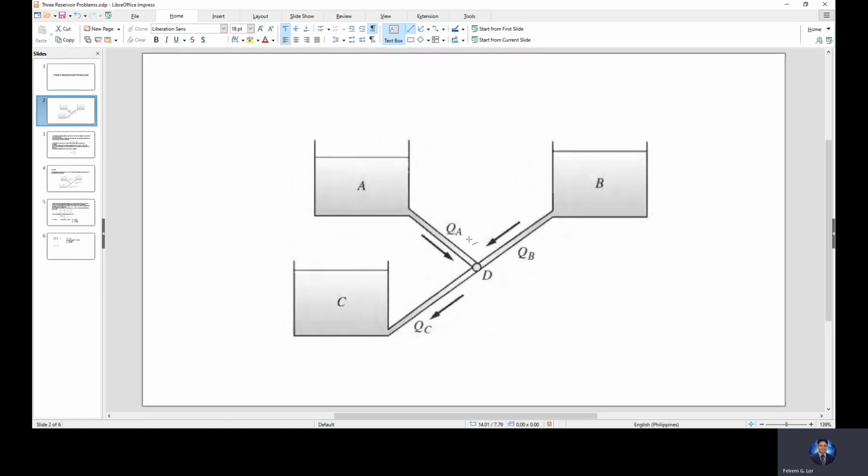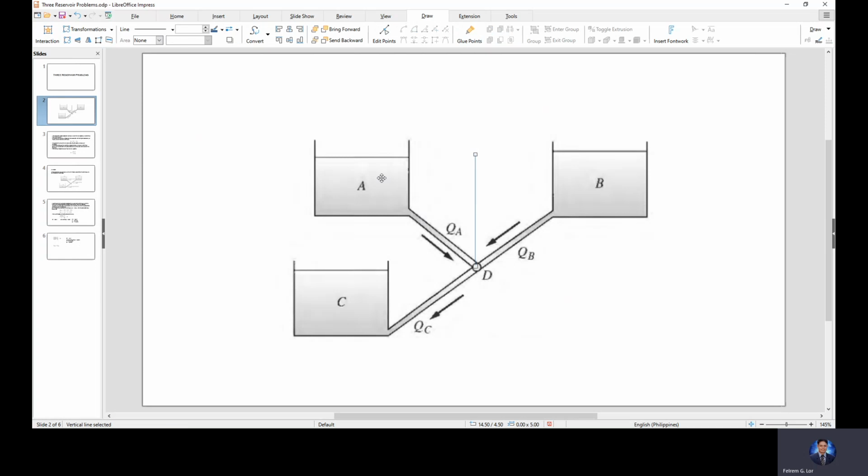We will assume that the head, or the water at D, the pressure or head elevation at D, is equal to the elevation